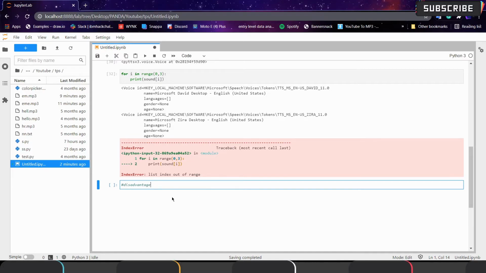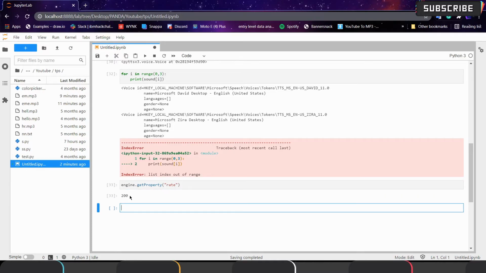So suppose if you want to change, let's do one thing. I will try to access the voice rate. Now it is 200, right? I will try to change it to 100. Engine dot set property, okay, set property to the rate, comma 100.